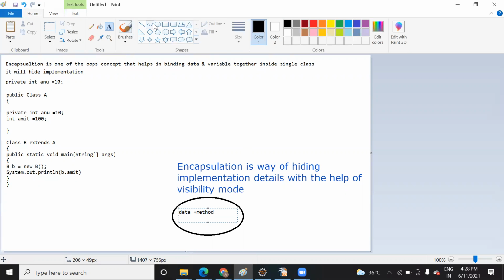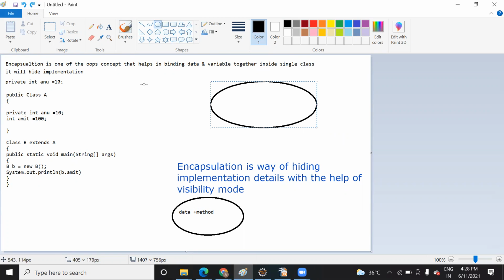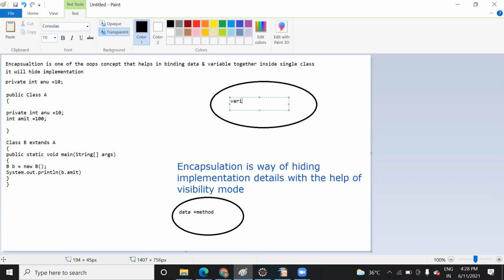Just like I told you at the start, what is an object? An object holds variable and value. So inside this object, what is actually present? Your variable and its value.